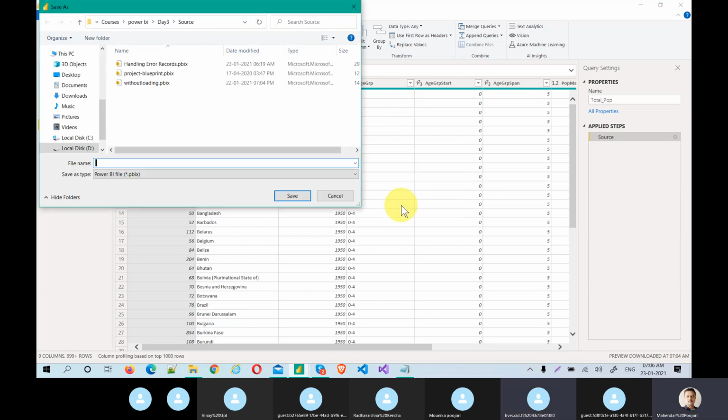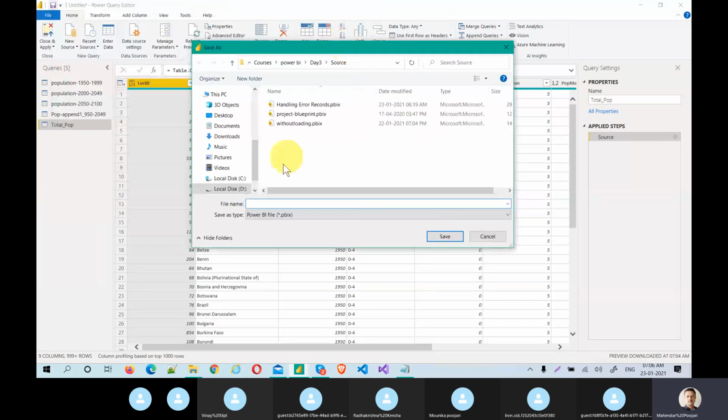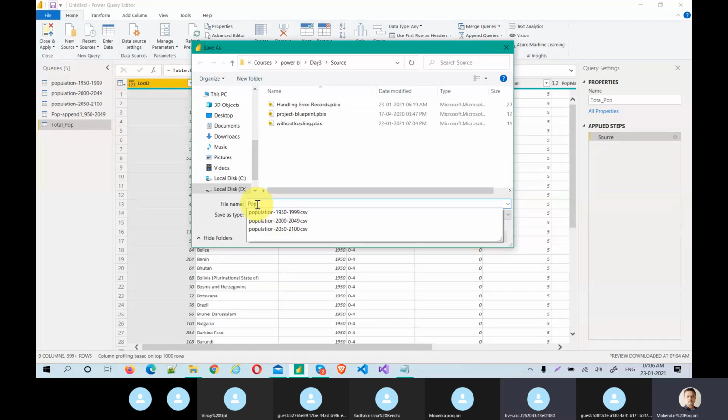It's asking to save, but I'll show you what the difference is. I'll name this population analysis without load.